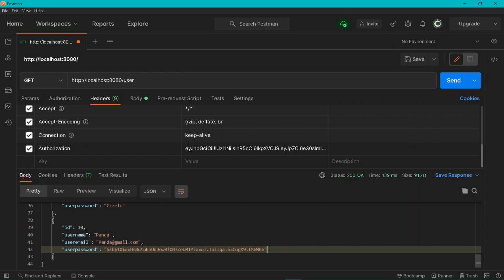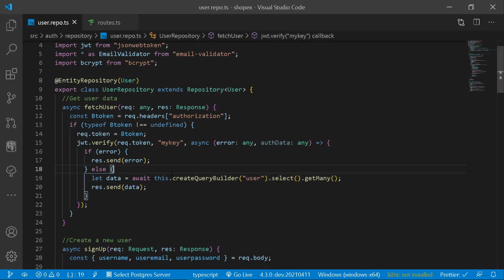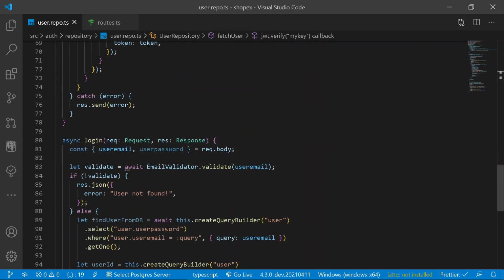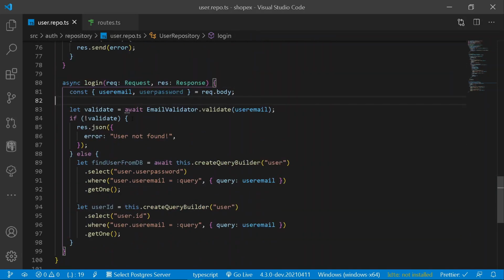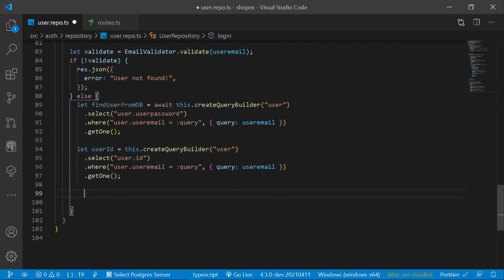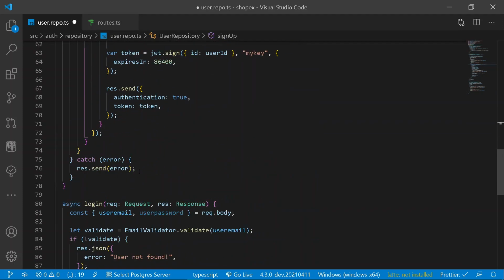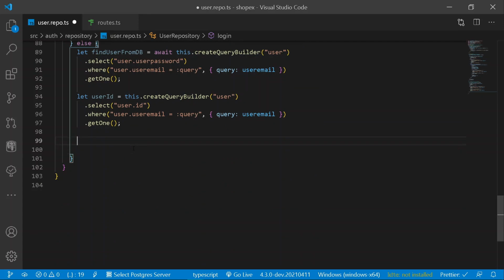So once we have done this, let's also create a similar method for logging in. So for making that happen, let's go under our method of login, and under our login, let's remove the await statement from here, we don't need it. So once we have got our user ID, let's add a token as well. As the thing we have done under our signup method where we are hashing our password, bcrypt also gives us a method for comparison.